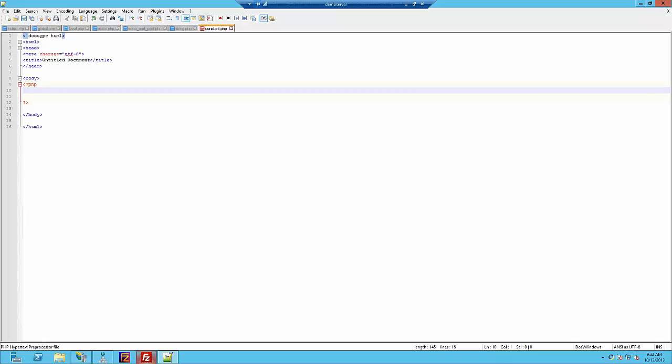Now, for example, below, we're going to create a case sensitive constant with a welcome to PHP. Now, how are we going to do this? Like I said, we are going to start off by hitting define. Then we're going to